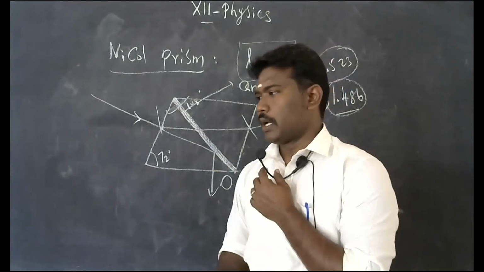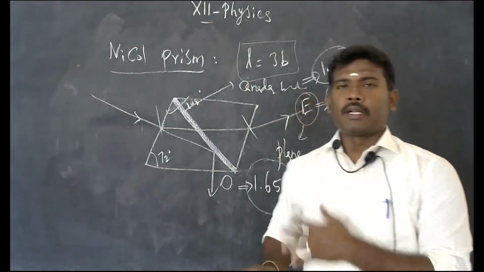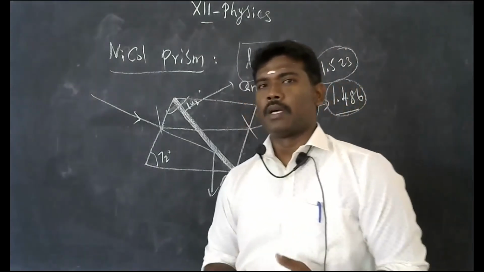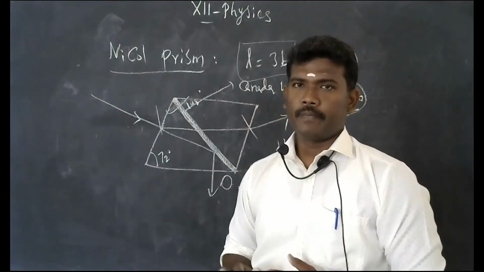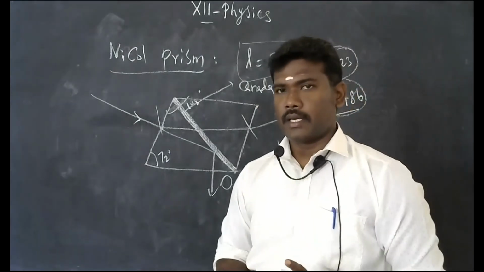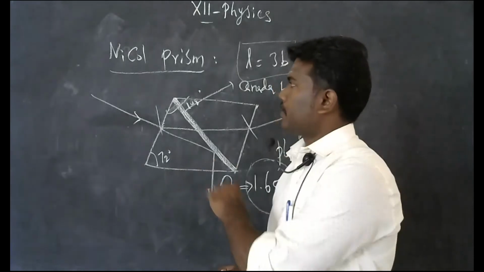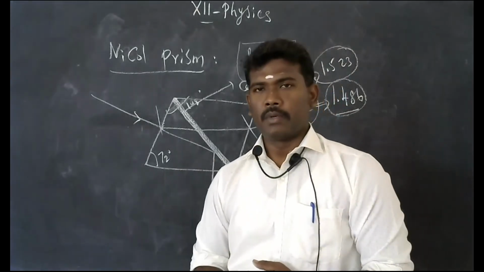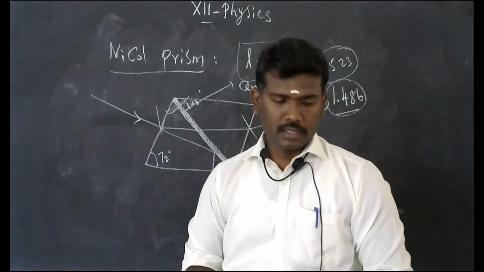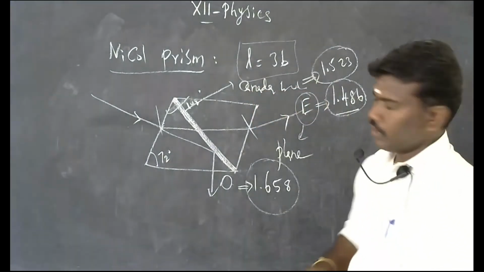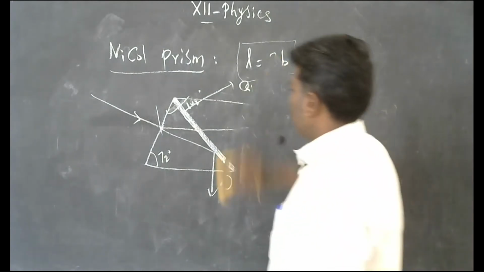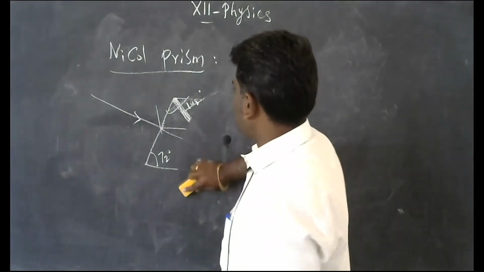First of all, you note who constructed this arrangement, what is the use of this experiment, the construction process and working, how it is divided into two, which one is ordinary, which one is extraordinary. And in this part we have the drawbacks of the Nicol prism. At last I explained the drawbacks. Okay, now one more topic, the last topic,